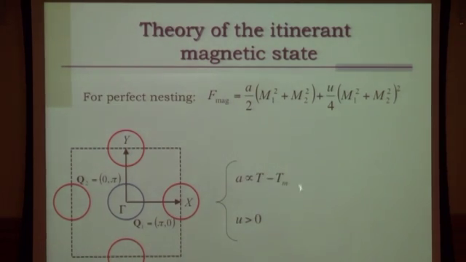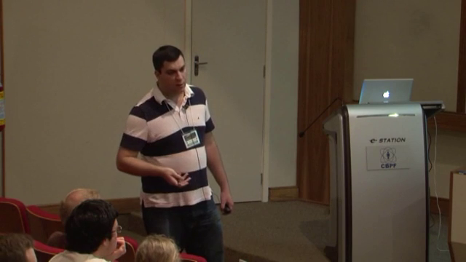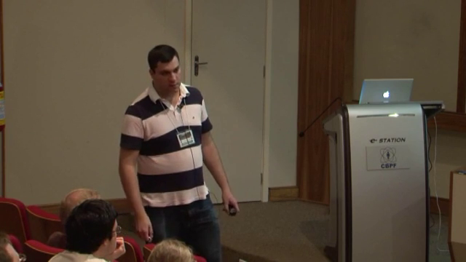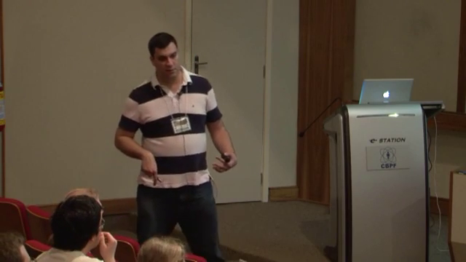Now it's not going to be a function of temperature, but of some parameter that brings my transition to 0. In this case it would be going away from perfect nesting. But this is fully quantum mechanical, in the sense that here I'm summing over both momentum and Matsubara frequency. So it's just a question of whether the transition is at finite temperatures or at 0 temperature. Okay? And again, the expansion only works near the transition temperature.